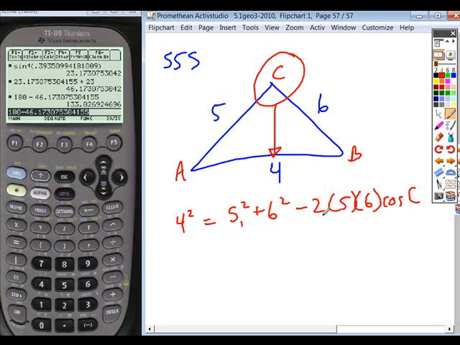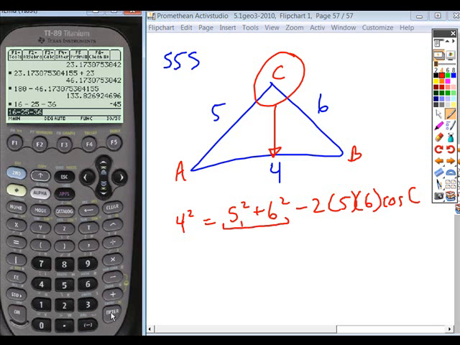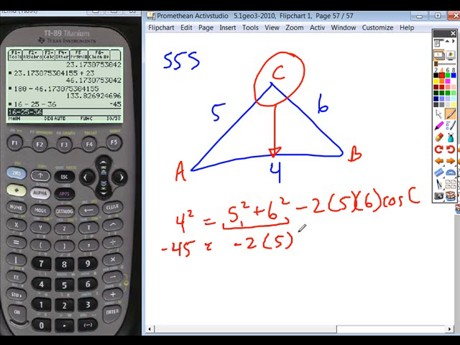So a couple things to do if you're going to solve this by hand or using your calculator, but kind of solving it by hand. You need to start with the left side. So 4 squared is 16. And then you have to subtract these two quantities, again, independently or together. I just take minus 25 minus 36. That gives me negative 45. Now, once I have negative 45 is equal to this whole quantity,